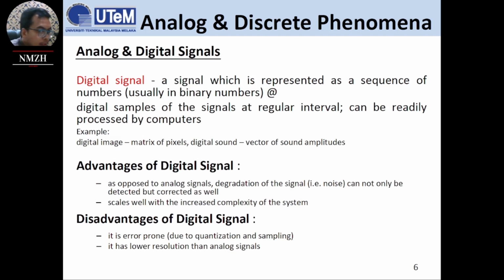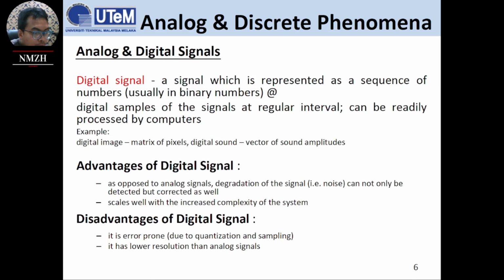Okay. The disadvantage of the digital signal is obviously that it is error prone. Since we manipulate the sampling, when we talk about sampling, we cut the continuous data at specific points. So the data between one cut and the next has been deleted, and only the representative data remains, for example t equals 1 and t equals 2, right? So t equals 1.1 to 1.9 is gone. So that would be error prone.